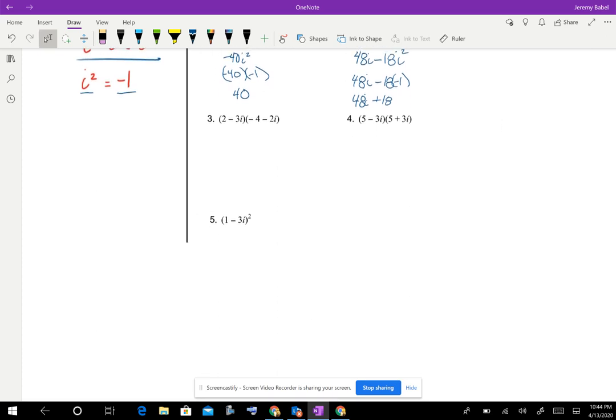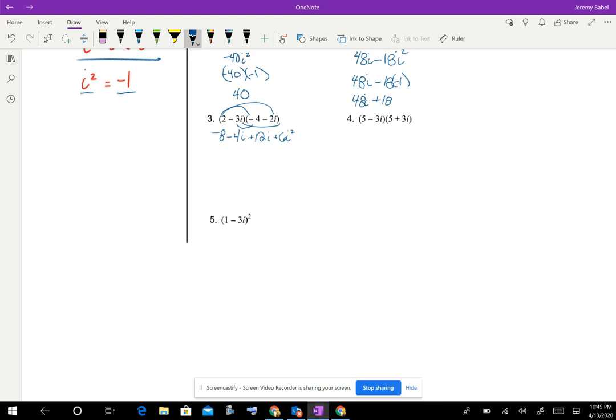All right, so now we're going to look at multiplying imaginary numbers, and we're just doing the distributive property here. So we would have 2 times -4 is -8, and then 2 times -2i is -4i. Our inside terms here, we've got -3i times -4, that's going to be positive 12i. And then our last terms here, we've got -3i times -2i, so that's going to be positive